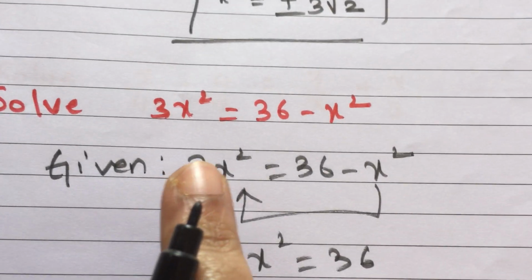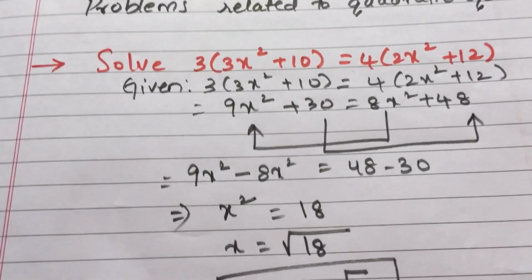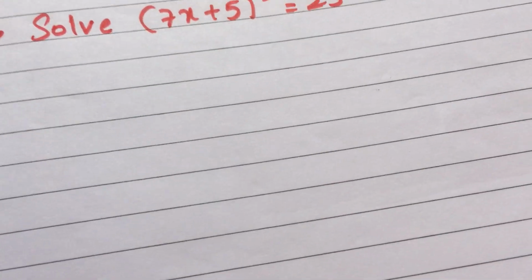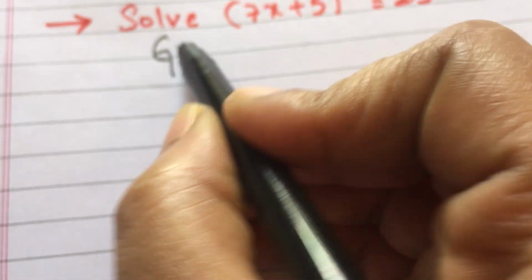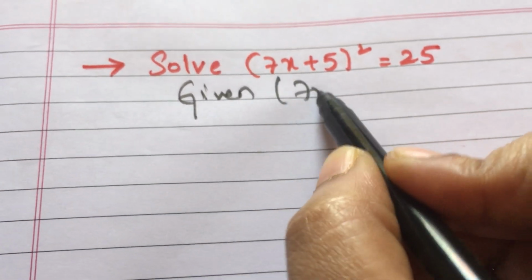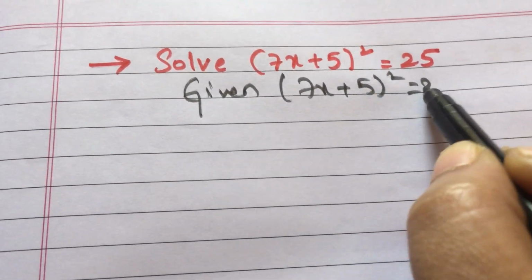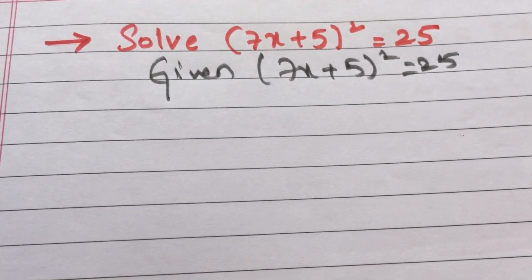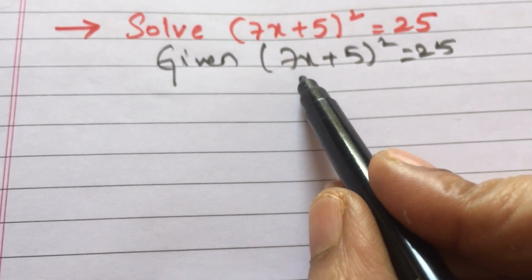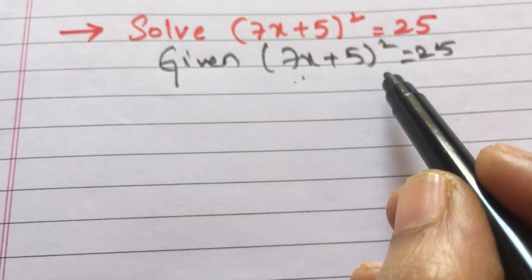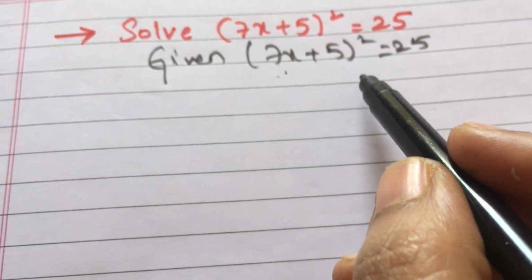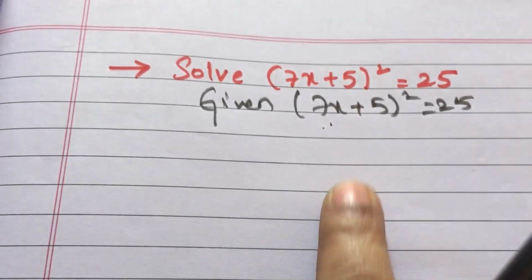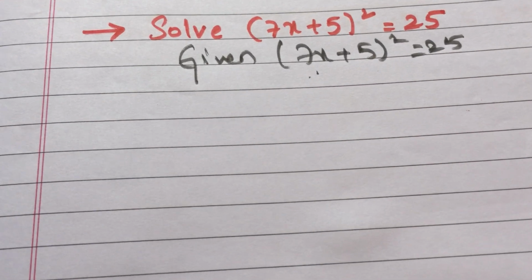This is how you will be solving these kind of equations. Okay, coming to the next set of questions. So if he is giving something like this, just write the given condition. Given 7x plus 5 whole square. Always write given conditions. This creates some good impact upon your teacher who is correcting your paper. Now this is in the form of a plus b whole square. Resolving this in the form of a plus b whole square takes a little lengthy time.